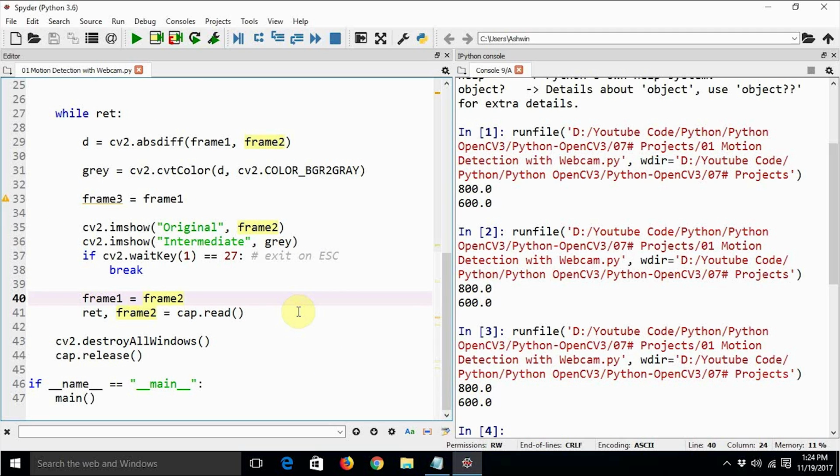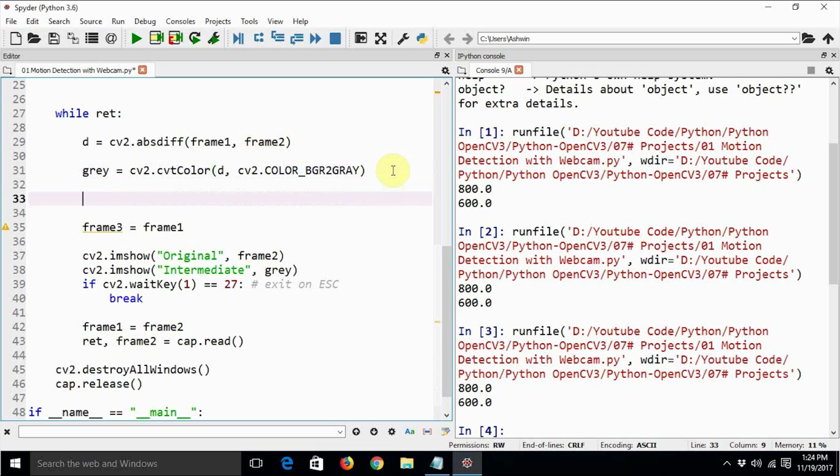Now the next thing that we need to do is apply Gaussian blur on this intermediate output, the grayscale thing. Once we apply Gaussian blur, this will be blurred a bit. So let's create another variable blur and apply cv2.GaussianBlur on gray, and we need to specify the size of the kernel, 3,3.